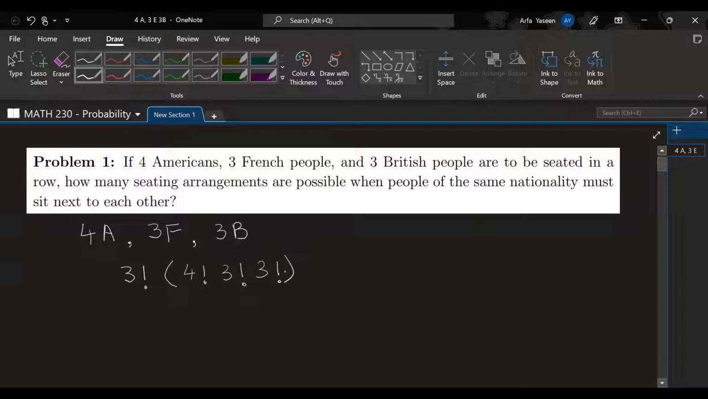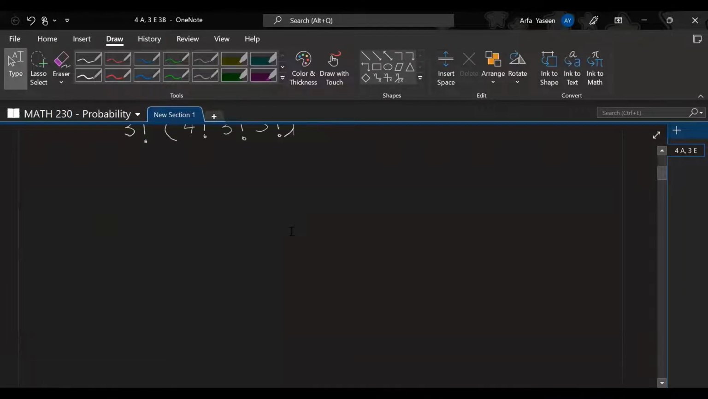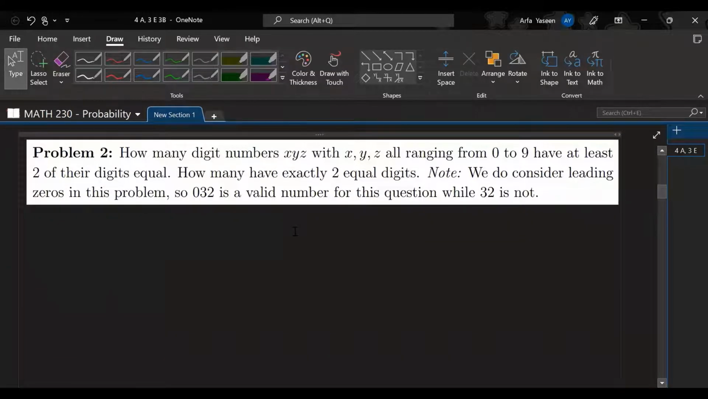It was pretty simple. If someone has a question, do let me know. I'll just move on to the next problem. So you have to stop me if there is some question. For problem 2,